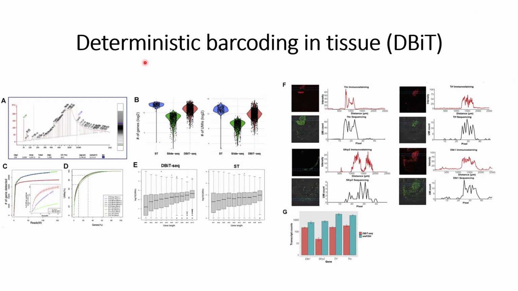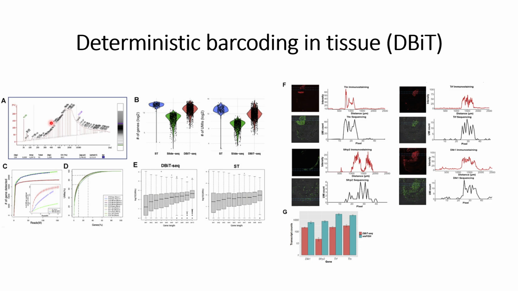We will continue our discussion about deterministic barcoding in tissue, and this is part 3, in which we will analyze the results from DBiT, compared with already existing techniques that measure spatial transcriptomes. First, in panel A, they checked the length of the base pairs that are predominantly found from this DBiT method, and from these results they come to a point that it is 100 base pair